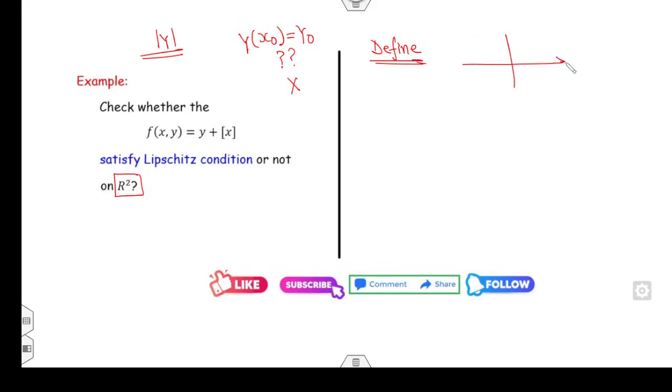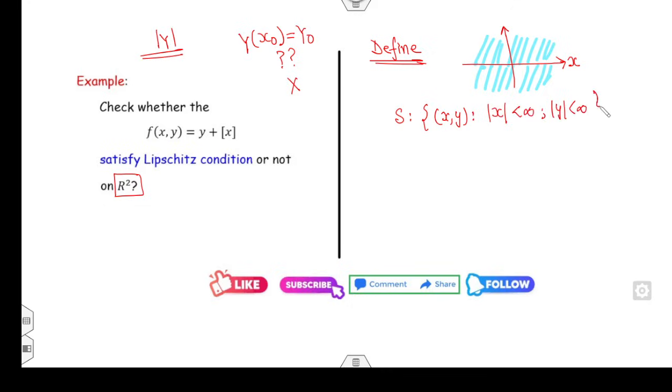So आपकी rectangle क्या होगी? Complete xy plane. That means your first quadrant, second quadrant, third and the fourth is my complete xy plane. So that means your rectangle will be collection of all those pairs x comma y such that mod of x is less than infinity, mod of y is less than infinity. ये तो second quadrant बनेगा ना. Now let's start with the